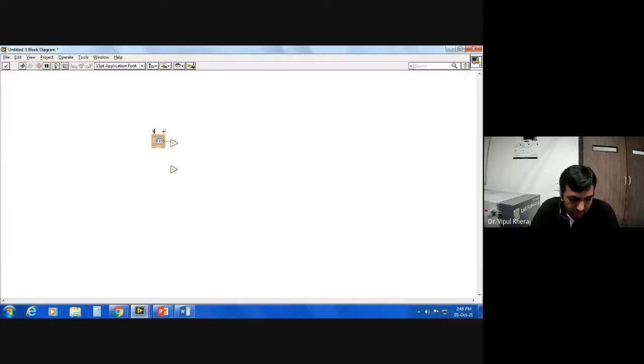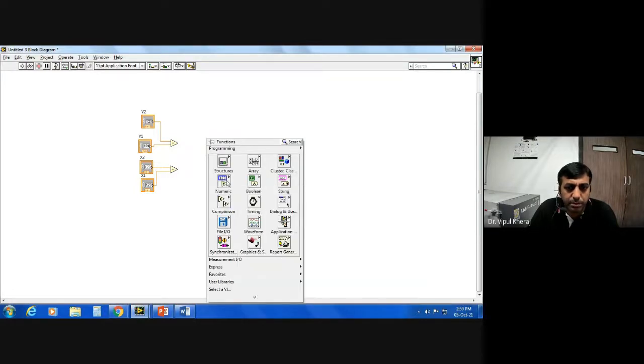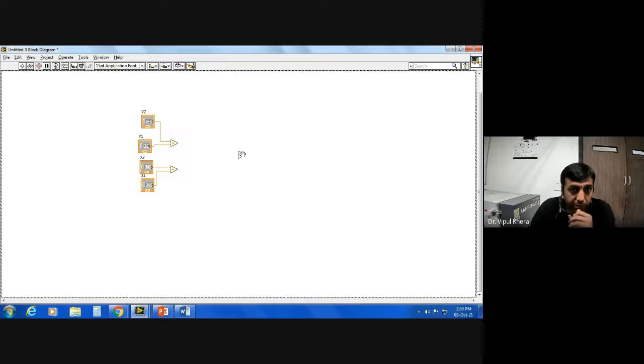I call it y1, x1, y2. For example, we are finding the slope of something, and we are using a very basic formula for it.